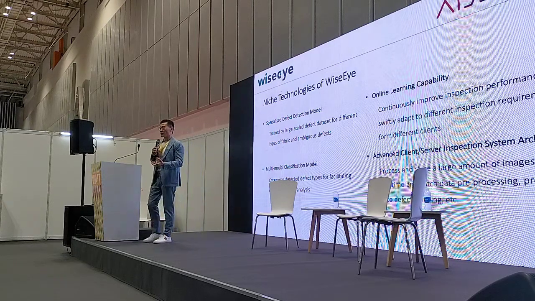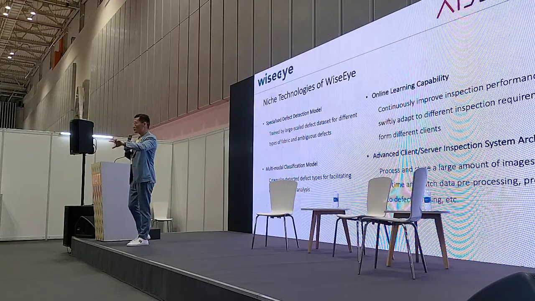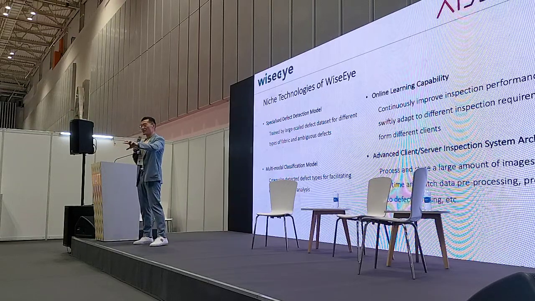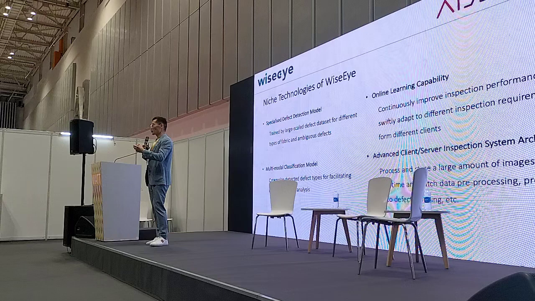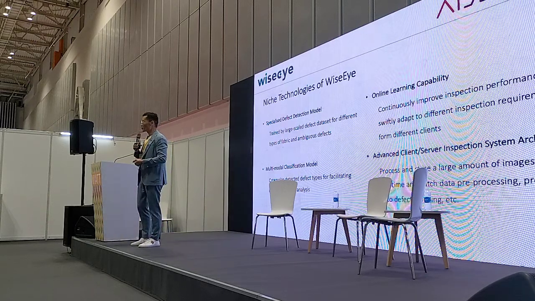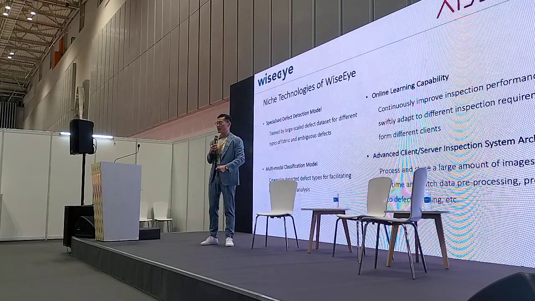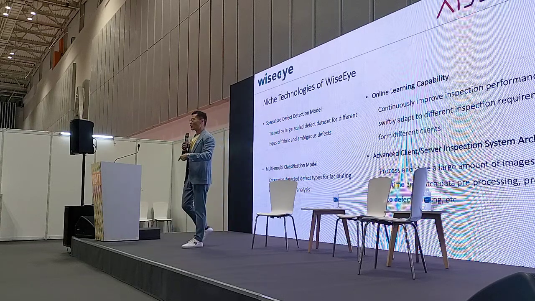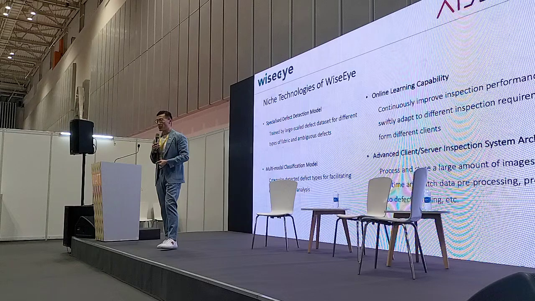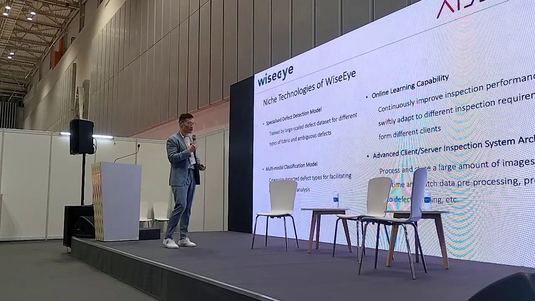Which is very important for the textile mill. They can understand the distribution of the number of defects on different types, such that they can do more analysis to improve the quality of the fabric in the future. And having said that, we have the online learning capability of our AI model, which can continuously adjust the model to cater for different types of standards from different factories.